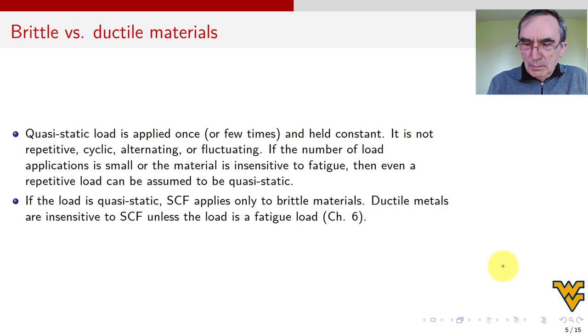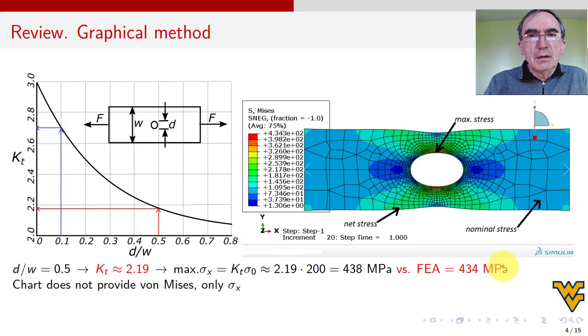Okay, so now let's talk about brittle versus ductile materials. All right, so the picture that we've seen before, the stress can go so high because this was done in the elastic regime. True, then this stress is 100, this is 200, and this is 434. And it's a real material, so it's not a made-up material. It's a material that we used in homework 1 to do the analysis of the materials.